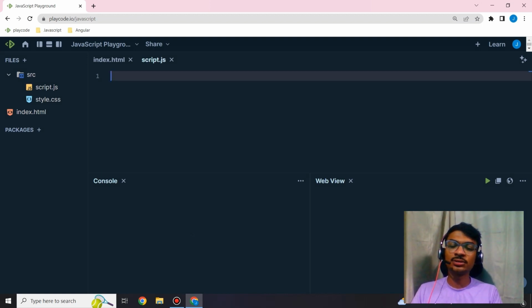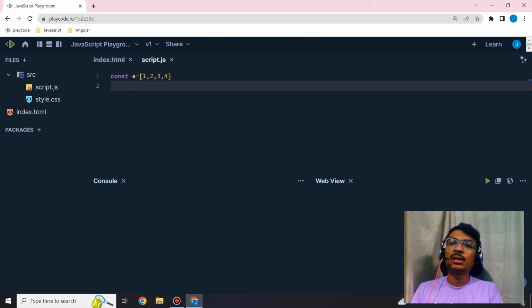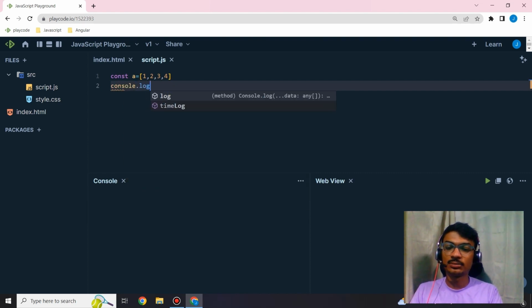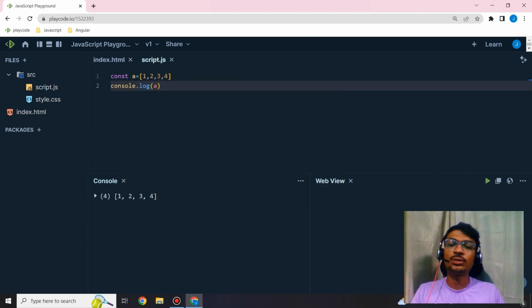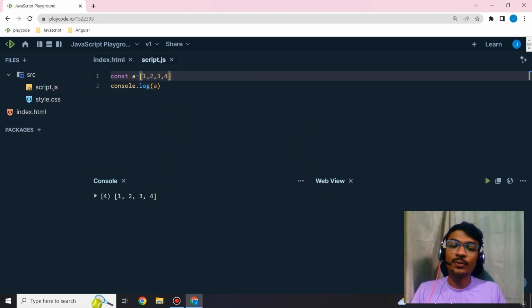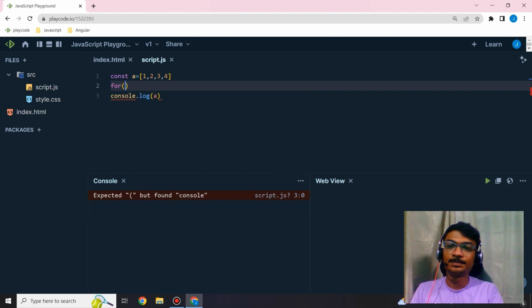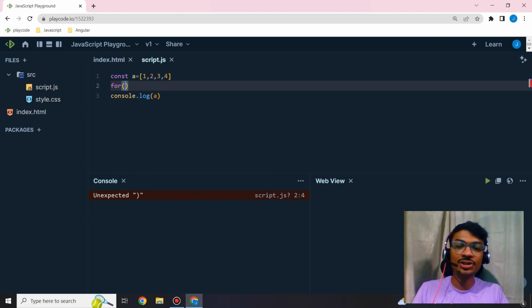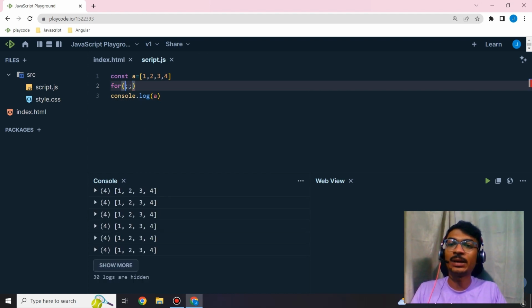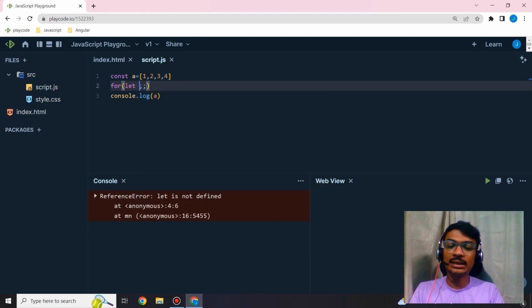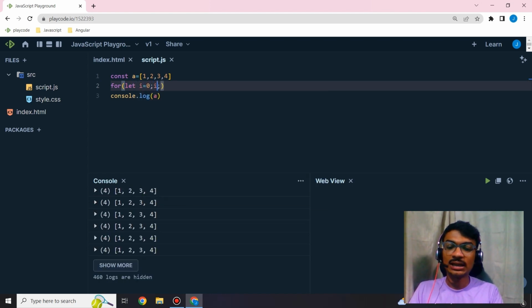Let's say we have one array. I'll just print that. See, 1, 2, 3, 4. But if I want to get one element at a time, I use a for loop. In for, we have to pass three parts: first initialization, then condition, and then increment or decrement. In initialization, let's say I take let i equal to 0,